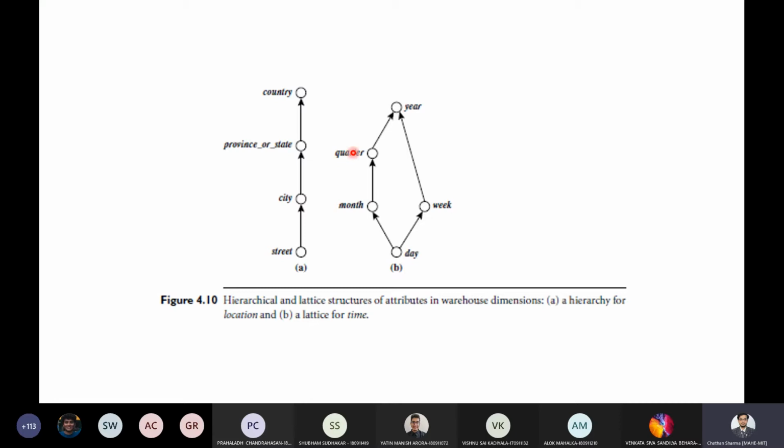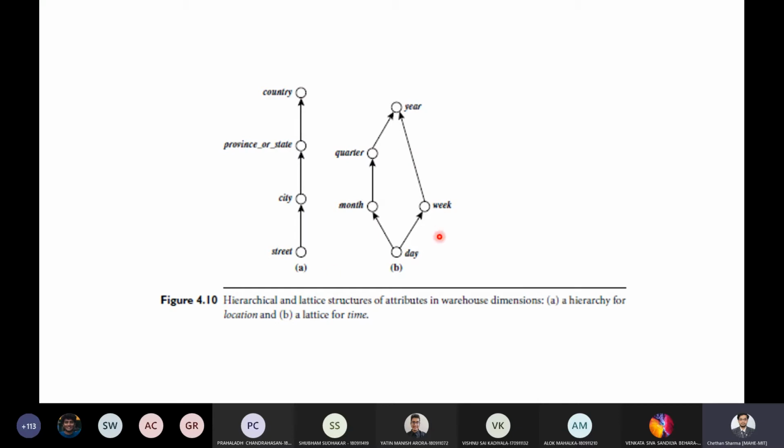And this particular figure, that is B, shows you a lattice for time. From day you can get week or month, from month you can get a quarter, from quarter a year, or you can get year from weeks directly.